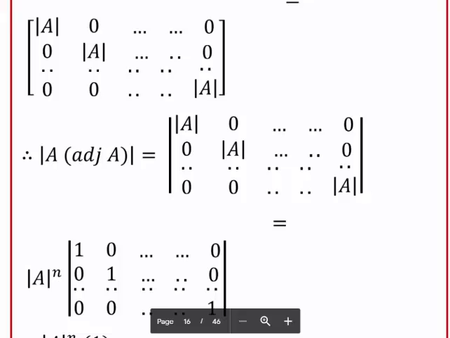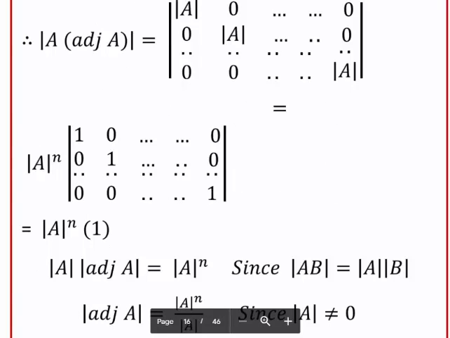By taking the determinant on both sides, we get the determinant of A into adjoint of A. Also on the right-hand side, using the property of matrices, we get the mod of A raised to n into the determinant of the identity matrix of order n, and we know the determinant of a diagonal matrix. Since it is an identity matrix,